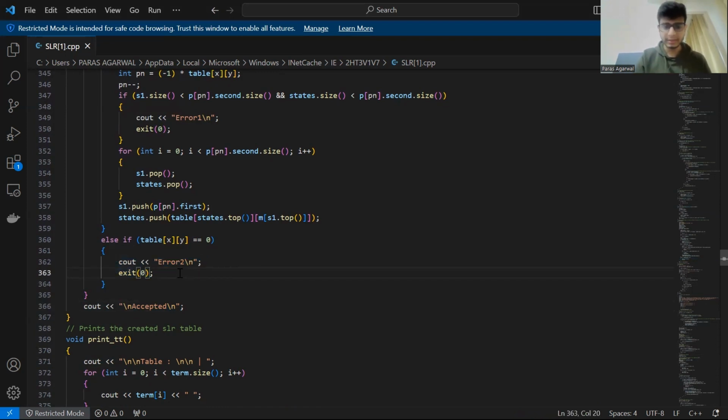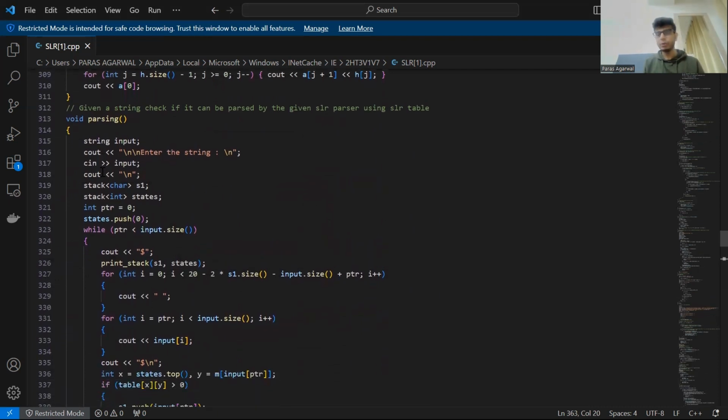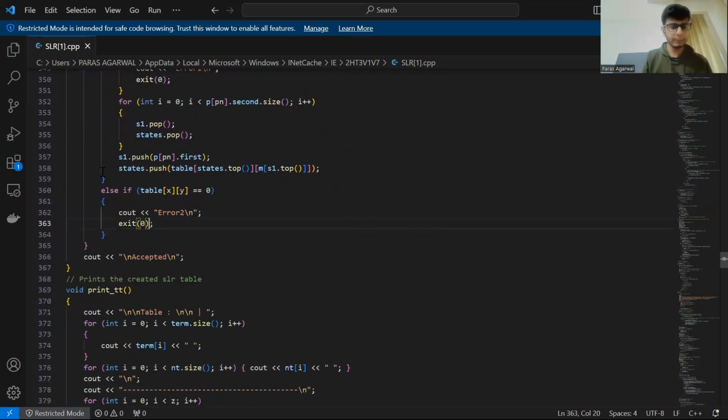Now, when we talk about the input and output of this parsing function, we don't have such expressive input parameters here. And the output is again, we check whether the input string is accepted or not. Moving forward,